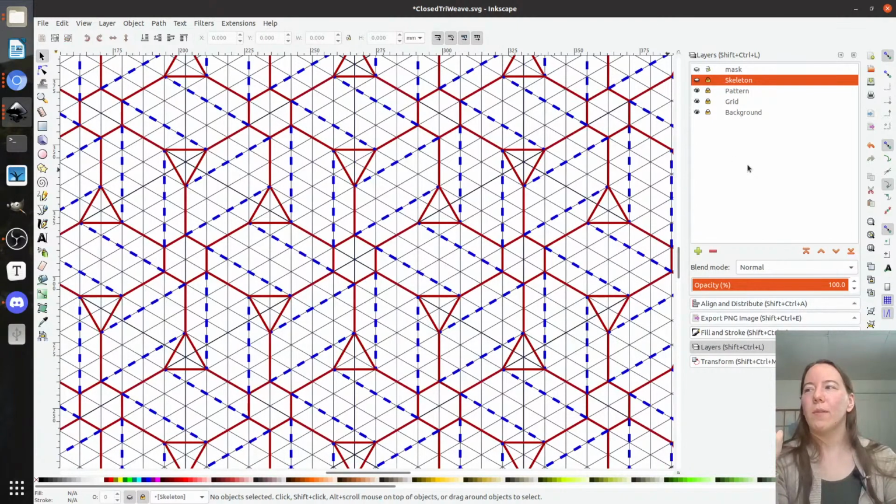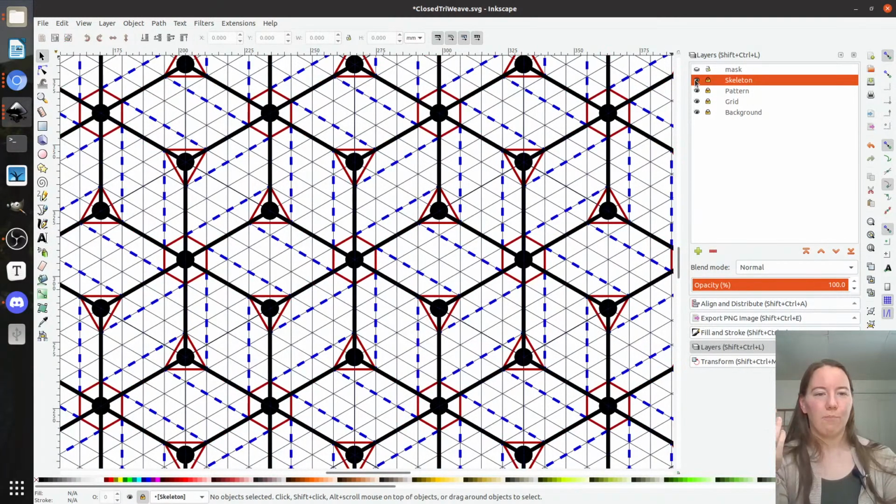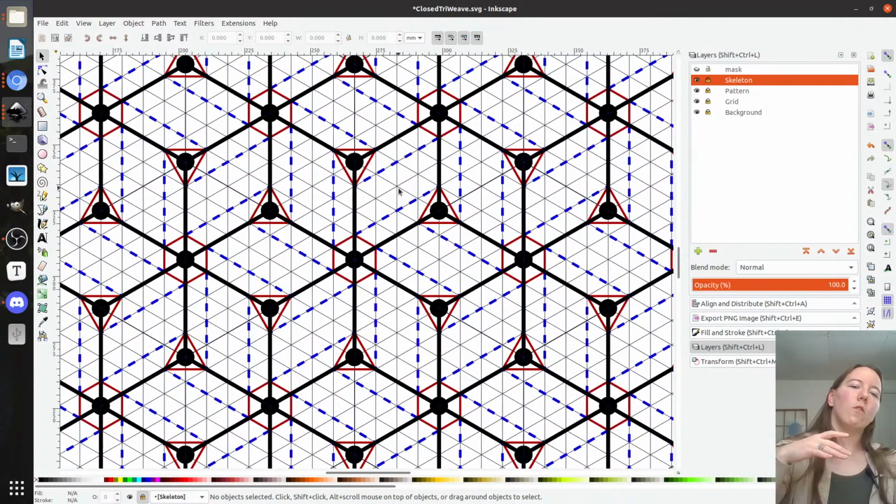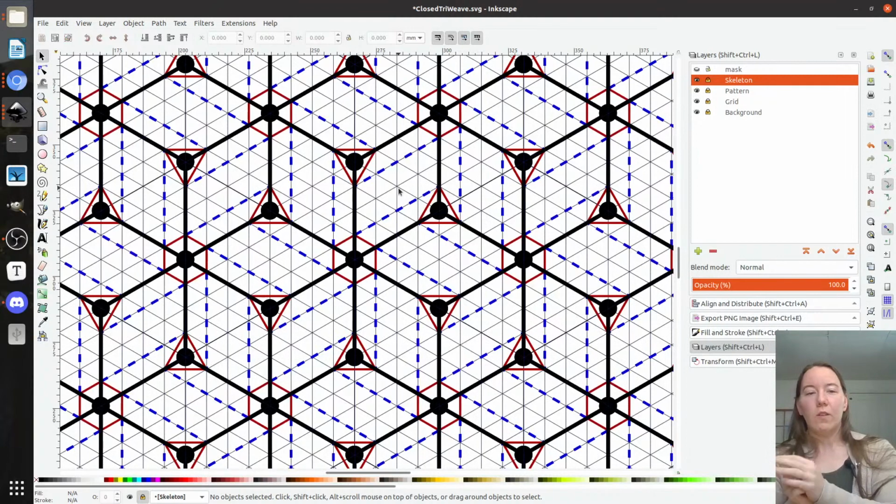So if we pull up the skeleton, it's going to show us these loops of 4 going hexagon, triangle, like so. Every hexagon is in a 6-fold rotational position. Every triangle is in a 3-fold rotational position. Those 2-fold rotational positions are in the middle of the loops of 4. Great. So when we've understood the positions, the relationships, the contents, and the spacing, we can then move on to